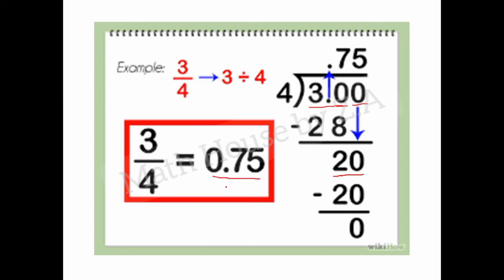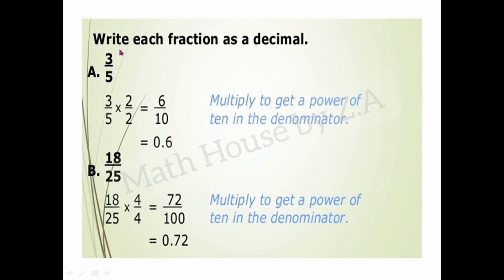is our decimal number. So at the start of this lecture I told you we have two ways to convert fractions into decimals. One is the simple division method, another one is by changing the denominator into powers of 10. So here you can see 3 over 5 is a fraction. Now we convert this 5 into a power of 10. We can see that if we multiply 5 by 2 it becomes 10.